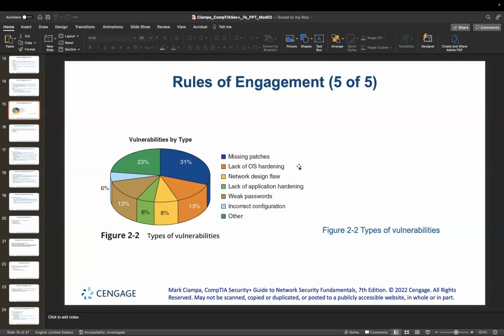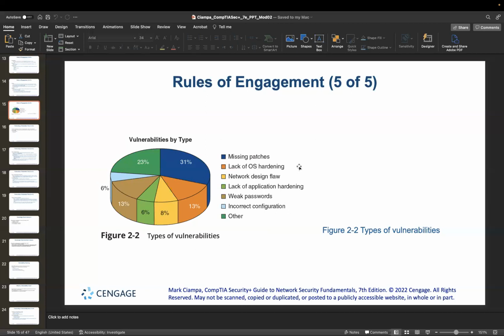And then it is transferred to the production environment. So a lot of the time there is a delay between when the patches get released and when they actually get applied to the production environments. And that's why you see a lot of those missing patches in most production environments, no matter what